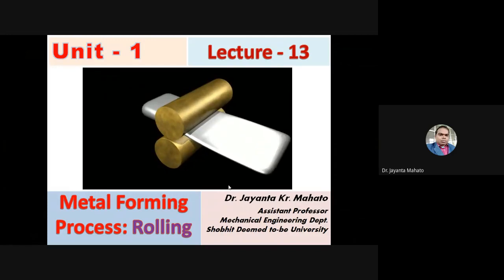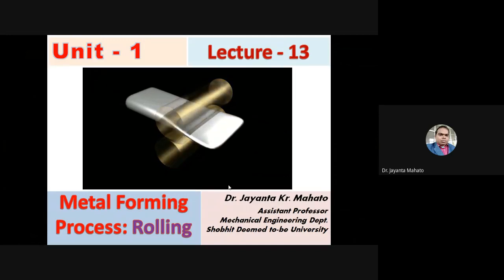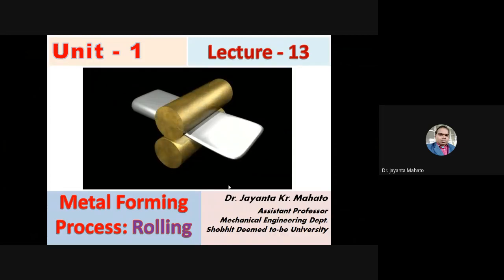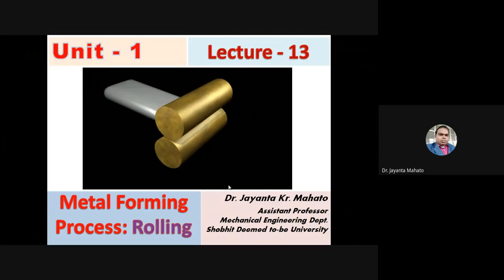Today we will discuss the rolling process, and the different types of rolling process. This classification has been made according to the engagement of rollers, meaning how many rollers are engaged to deform or thin the sheet metal. So the classification of the metal forming process depends on how many rollers are involved to deform the material.